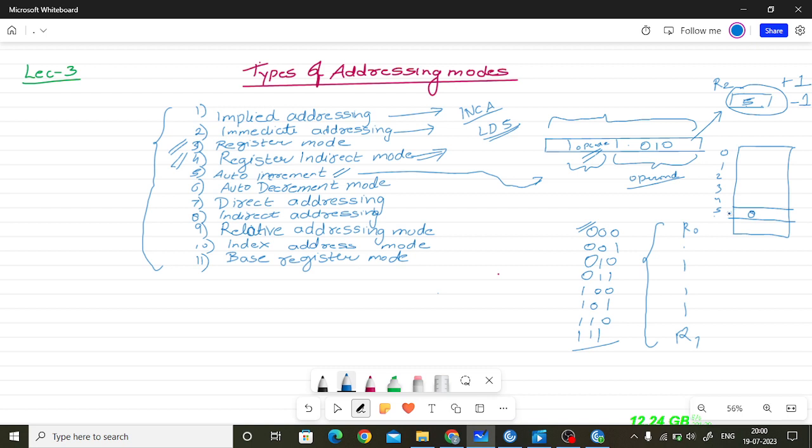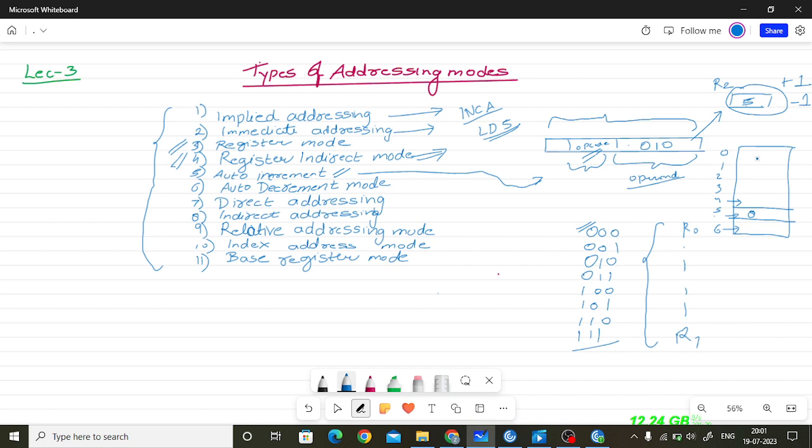Suppose we want to access what is present at the 6th location of the memory. If 5 is stored in the register, we will be accessing memory location 5. And what if we want the contents of memory location 6 or memory location 4? Then we will use auto increment or auto decrement mode in order to move upward or downward in memory. So this incrementation and decrementation is not the functionality of a CPU,